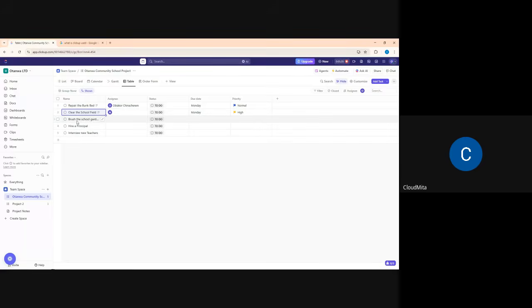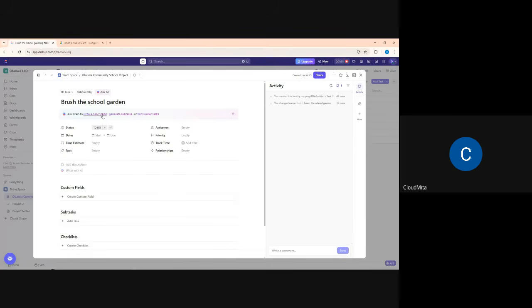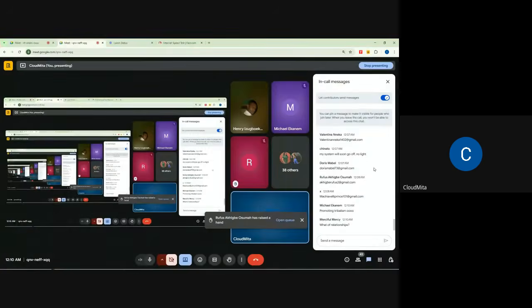Okay. What about this one? They say brush the school garden. Can we do this one too? Yes. See now, I just open it. First of all, what do I need to do? Assign it to somebody, okay? Who should I assign it to now? Let me assign it to